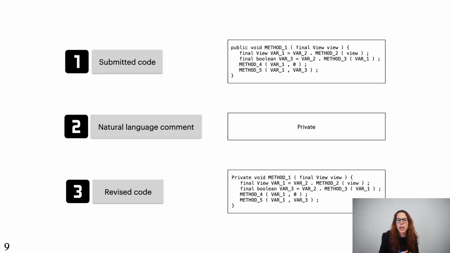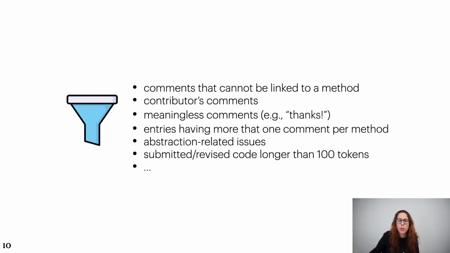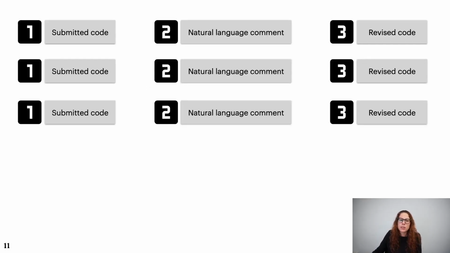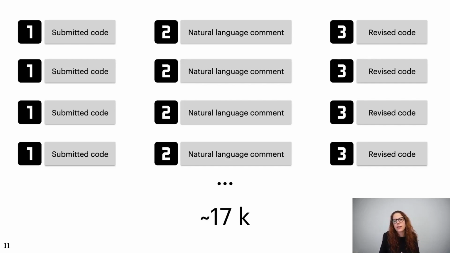And so finally, we have the final triplet. Now, to get only triplets made in this way, we had to apply many filters to the initial dataset. I don't have time to explain all of them, but you can find all the description in the paper. Now, to give you one concrete example, we built a heuristic to automatically exclude meaningless comments, such as the useless one that I showed you before in the example. So at the end of this filtering process, we got a dataset consisting of 70,000 triplets,